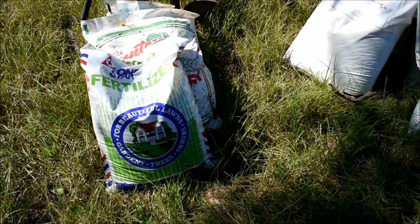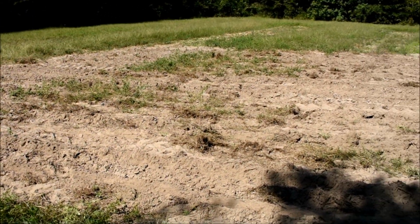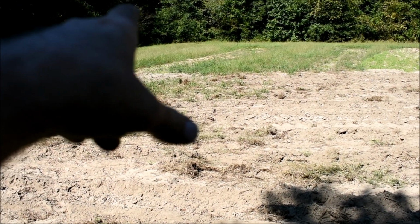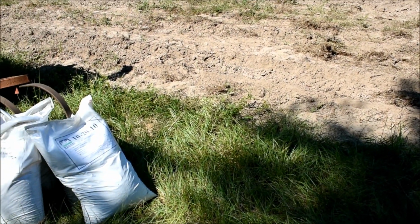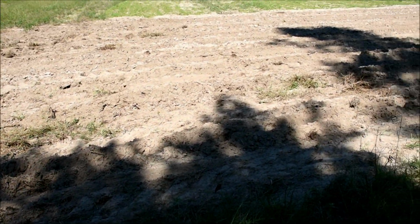So what we're going to do is I've got a bucket, and we're just going to arrange these in alphabetical order. We're going to start with carrots over there on the far side. Carrots, and let's see, we've got carrots, collards, mustard, some onions. I've got 3 different types of onions. But for the onions you might say, well, Kevin, onions got a root ball on them. Yes, but we need to understand what you're growing. Onions do not,